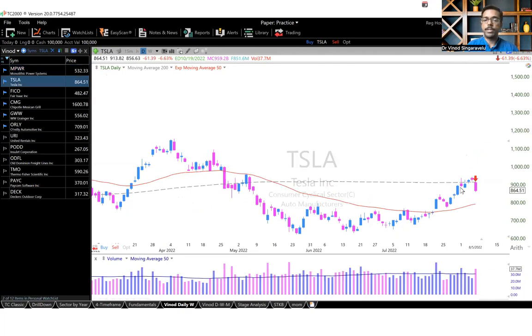Tesla found some resistance at the 200-day moving average and broke below it. So this is the opposite of what we saw in the earlier chart. Successfully reclaiming and staying above the 200-day moving average is a prerequisite for further upside. It is a well-known saying in the traders' world, nothing good happens below the 200-day moving average. So if you're trying to buy a stock, you would preferably be in a stock that is above its 200-day moving average rather than below it. And that is the main gist of this approach.